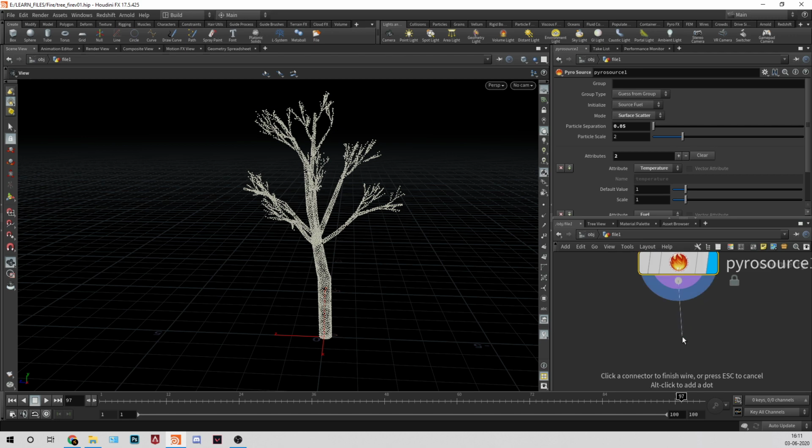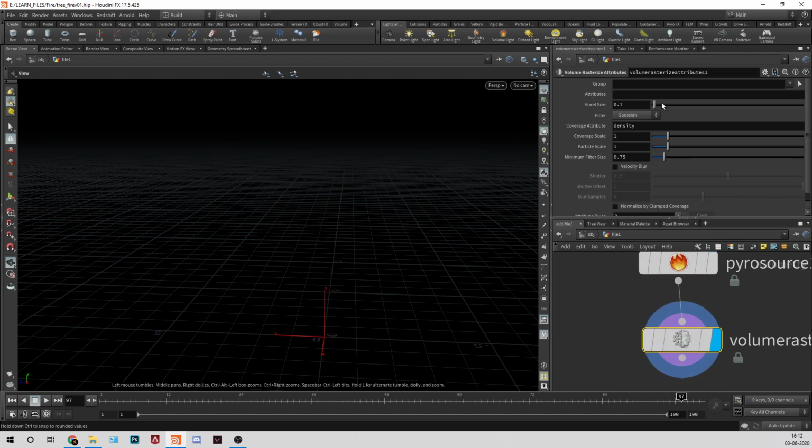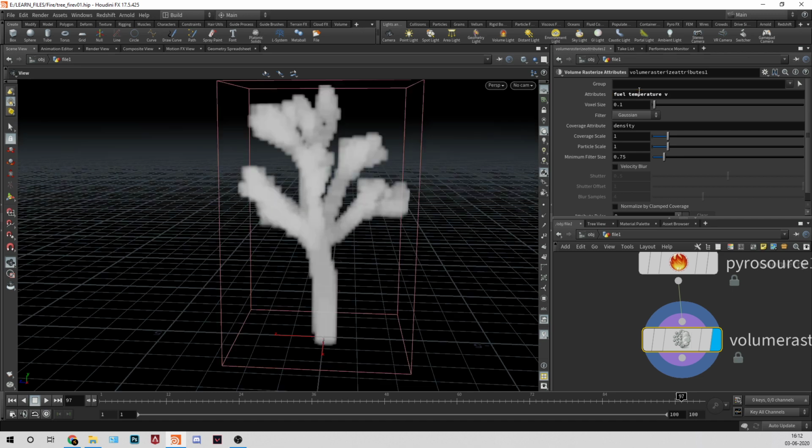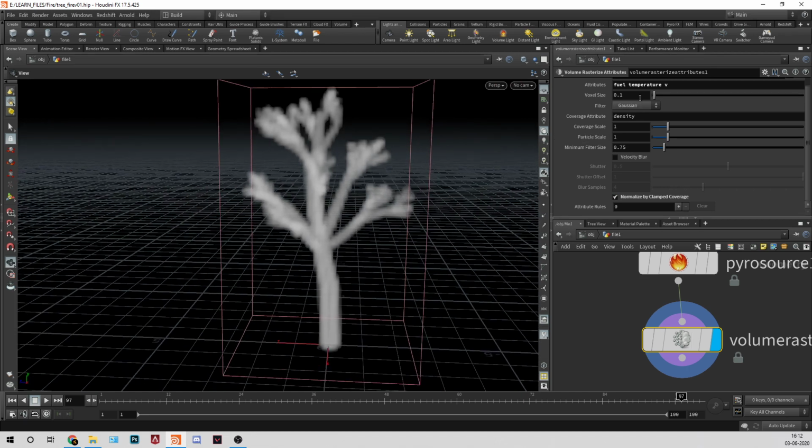After this, we'll create a rasterize, and I'll put here fuel, temperature, and velocity. Click on normalize by clamped coverage, so it will smooth it a little bit, and just decrease the resolution. So I'll go 0.01, and I'll go to the first frame.